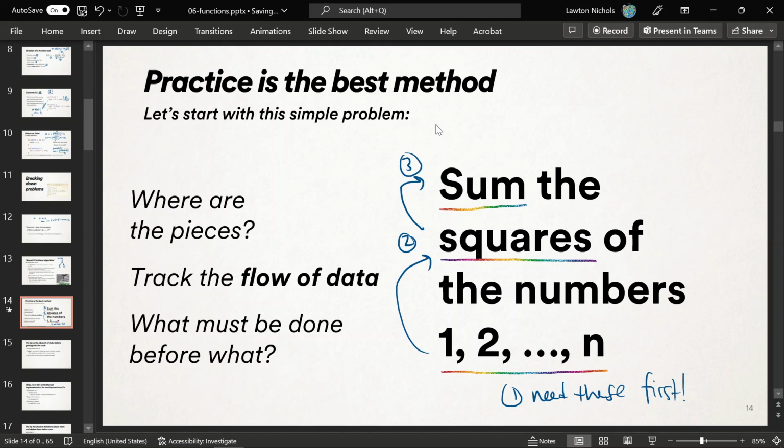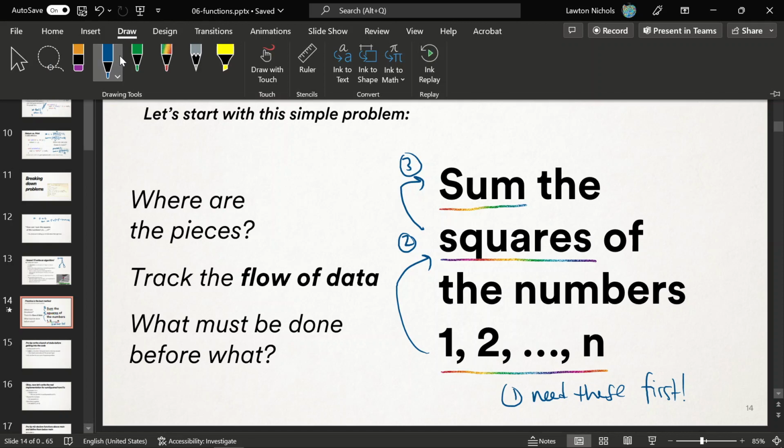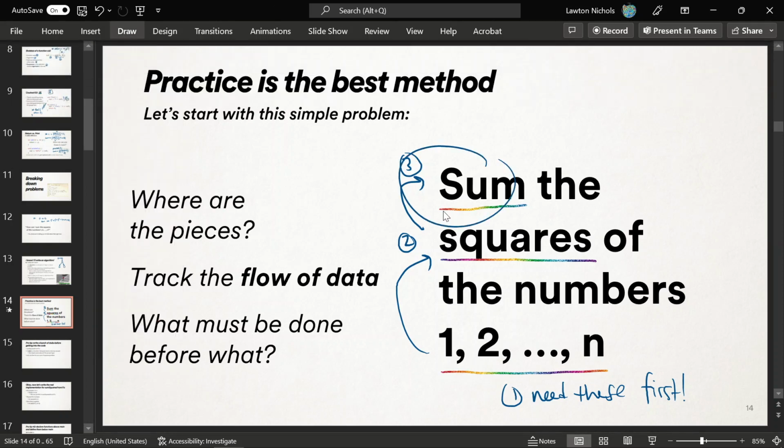That's how I broke down the problem. I noticed who needs what, what must be done before what. That's all programming is, breaking it down like that. And now that we have functions, we can just make a function that sums, a function that squares, a function that enumerates these numbers. Those all make sense separately, and we know how to hook them up together. We have the answer, right? That's how we think as a computer scientist. Okay, so